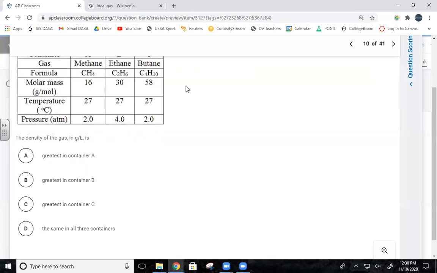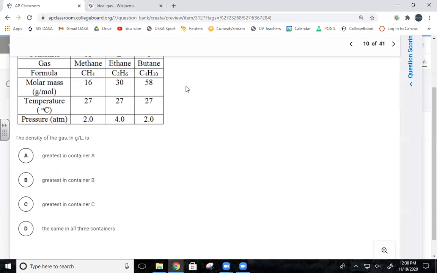So what can we do here to determine the density in grams per liter? If we had the same pressure, you could just simply choose the heavier one, right? But because we have a different pressure,